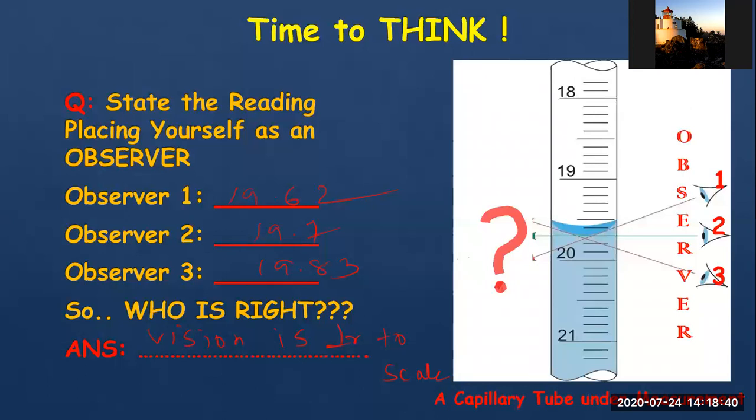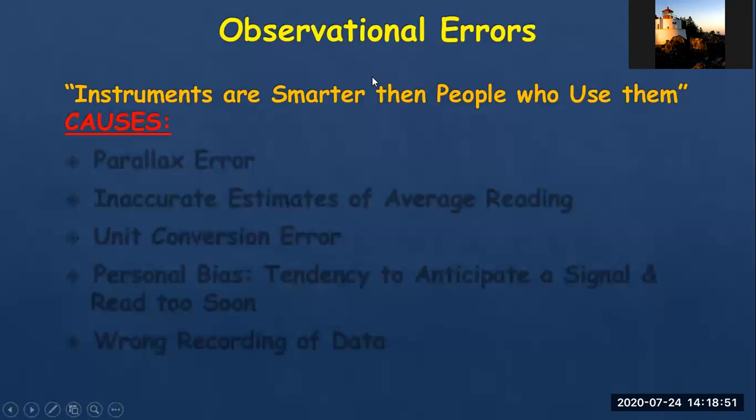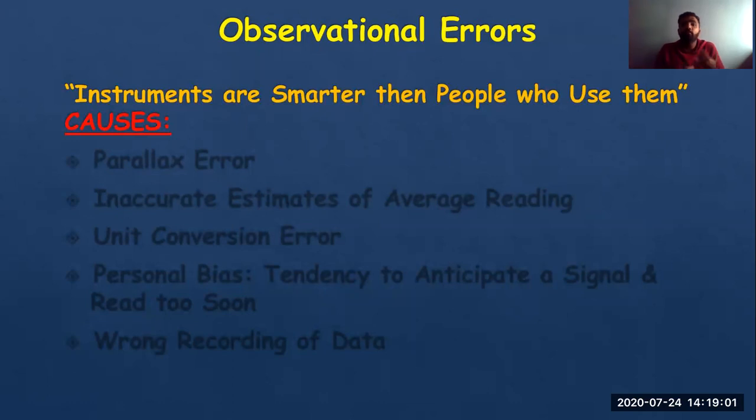Parallax error. Very nice. Such kind of error is called parallax error. All these kinds of error, parallax error, human error, all this comes under observational error. Now there is a quote I would like to quote for you: instruments are smarter than people who use them. This is very important because if we don't know how to measure, we will make error. It also happened with me when I was a faculty, I didn't know how to use that instrument, so I automatically made error. The instrument is smarter because it knows what to measure, but I don't know how to see that thing. So instruments are smarter than people who use them.